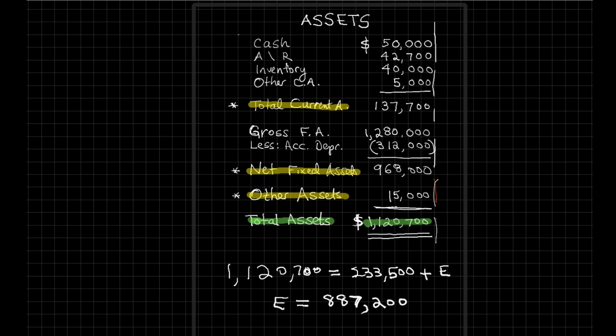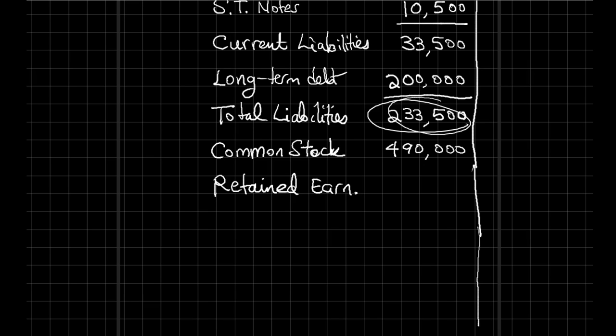Now we can go back to the next page and figure out what retained earnings should be, so that our total equity is, as we mentioned in the previous page,